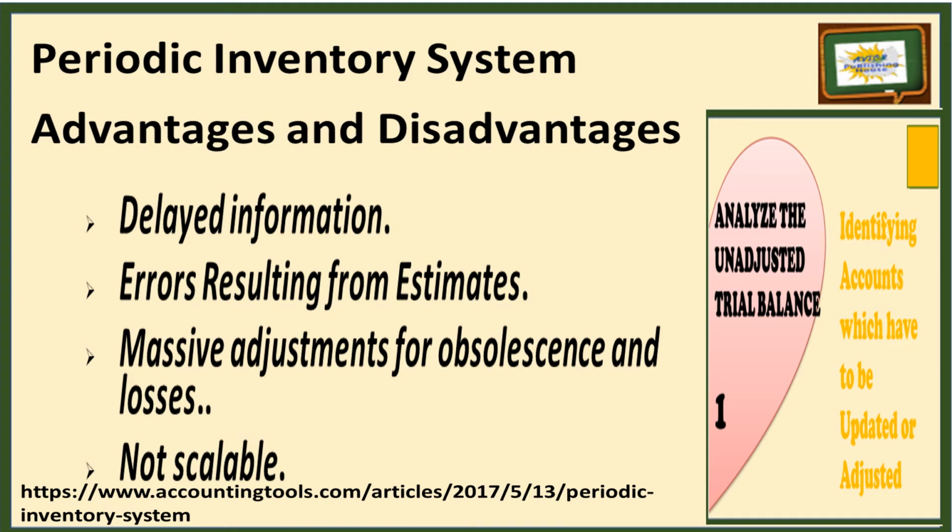The periodic inventory system is most useful for smaller businesses that maintain minimal amounts of inventory. For these businesses, a physical count is easy to complete, and cost of goods sold can be estimated for interim periods. However, there are several problems with this system. Delayed information. It does not yield any information about the cost of goods sold or ending inventory balances during interim periods